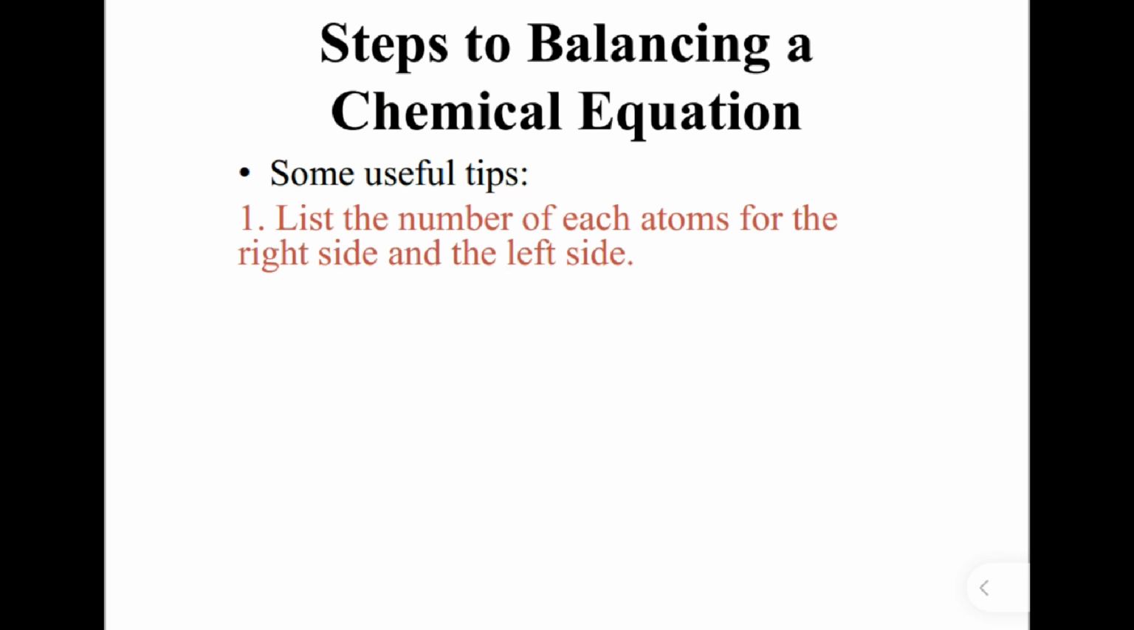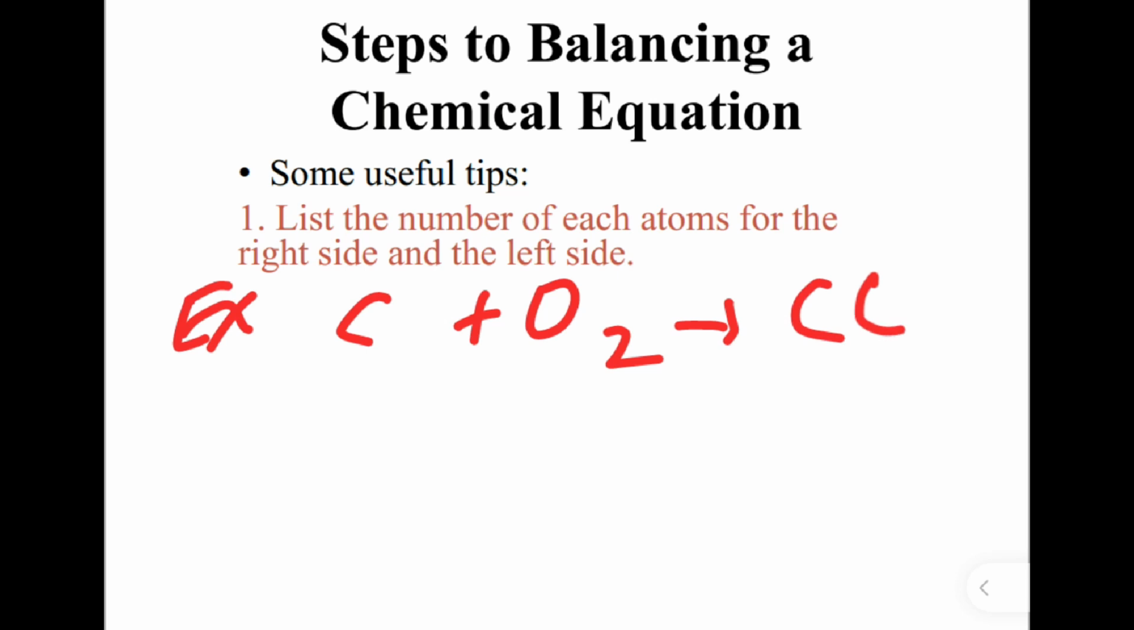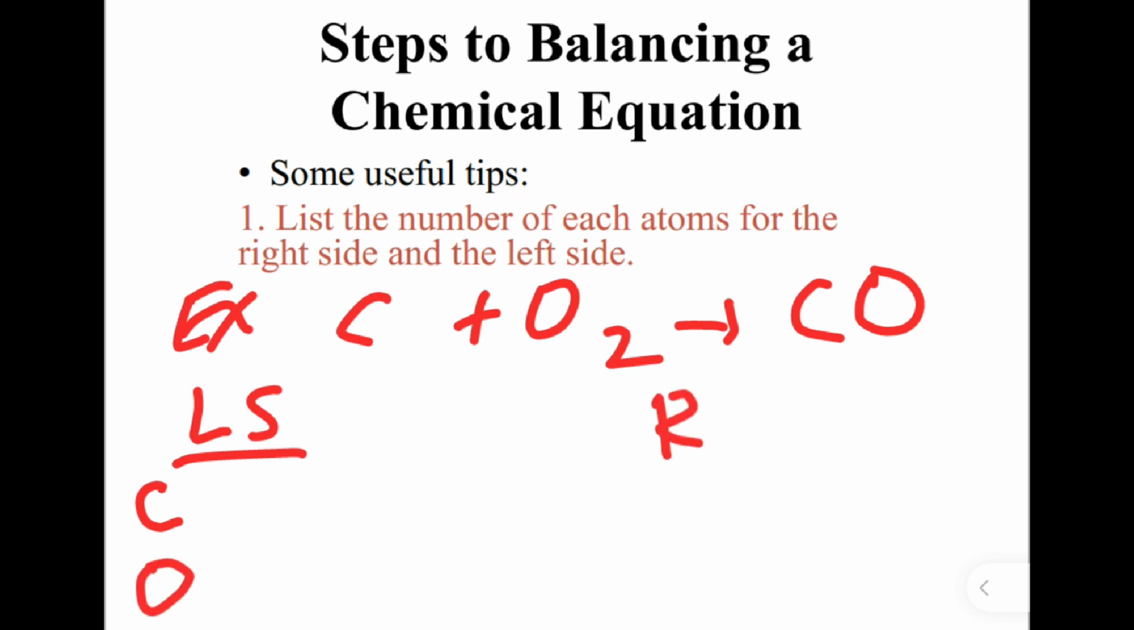በቀኝና በግራ በኩል እያንዳንዱ የአተሞች ቁጥር እንዘረዝራለን ማለት ነው። ለምሳሌ example carbon plus oxygen yields carbon monoxide. So on the left side we have carbon and oxygen. On the right side አሁንም ካርበን እና ኦክሲጅን ያለ ማለት ነው። ስለዚህ እንደዚህ አድርጋችሁ ሊስት ማድረግ ማለት ነው።